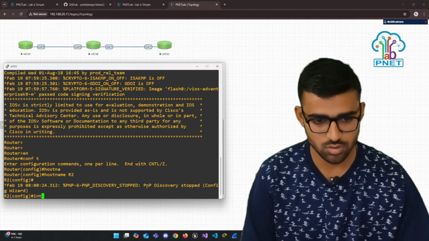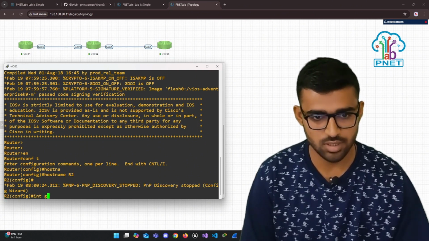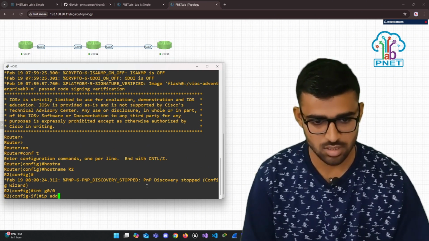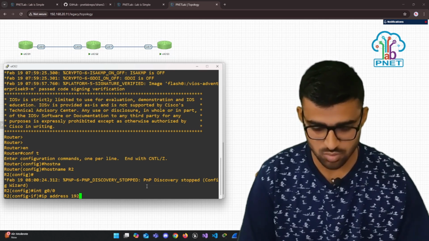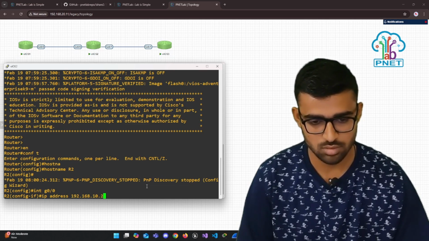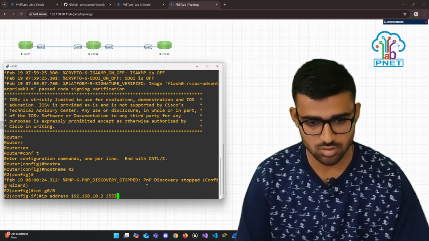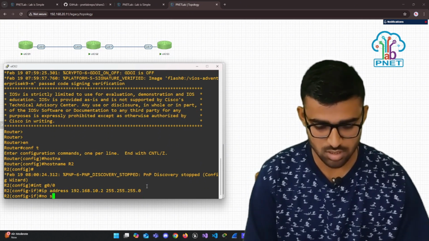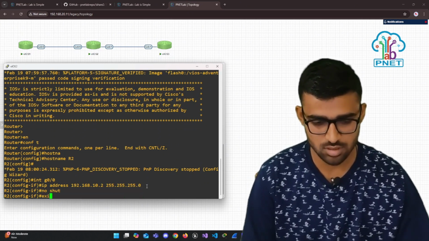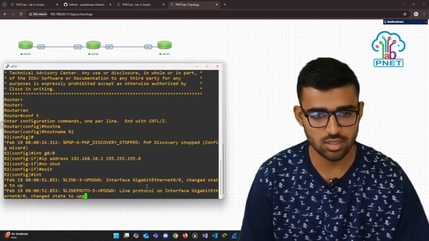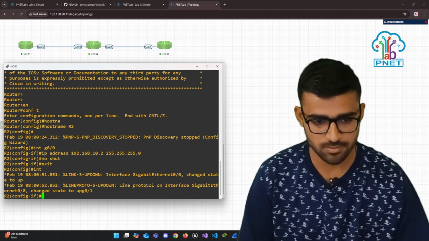So interface gigabit Ethernet 0/0, and the IP address is 192.168.10.2 and the subnet mask is 24, 255.255.255.0, and also make sure to no shut the interface. Now exit from here and type interface gigabit Ethernet 0/1, and the IP address will be